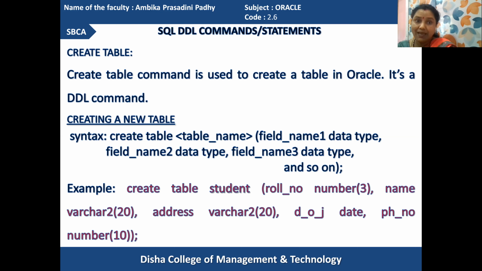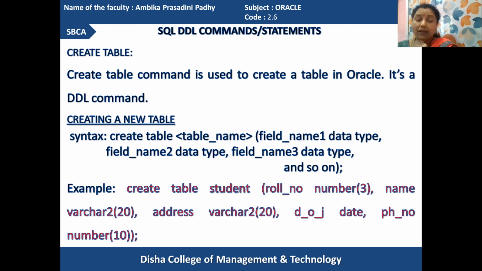To create a database table, we can use the create table command along with the following syntax. The syntax is: create table, table name, field 1 data type 1, field 2 data type 2, field 3 data type 3, like that. However many fields you want to create in a database table, you can create using this. Previously, we discussed creating a database table like student, in which there were different columns or fields like roll number, name, address, date of joining, phone number. And to create that database table, how can you write the SQL query?